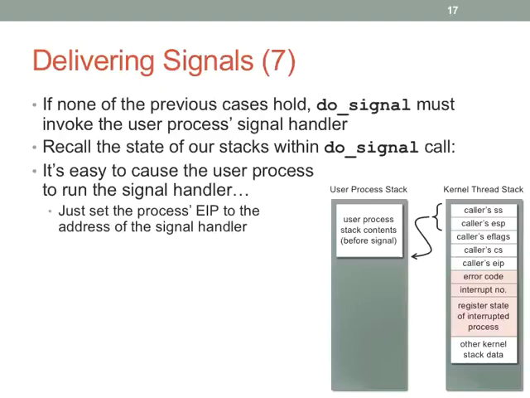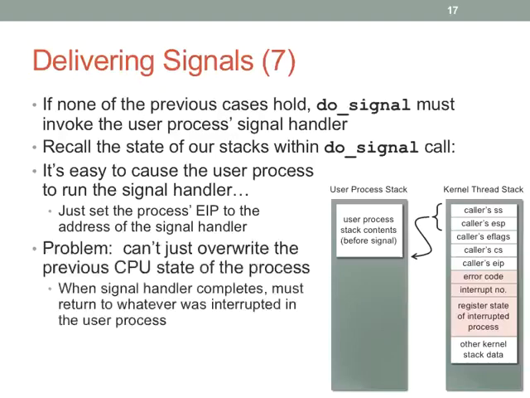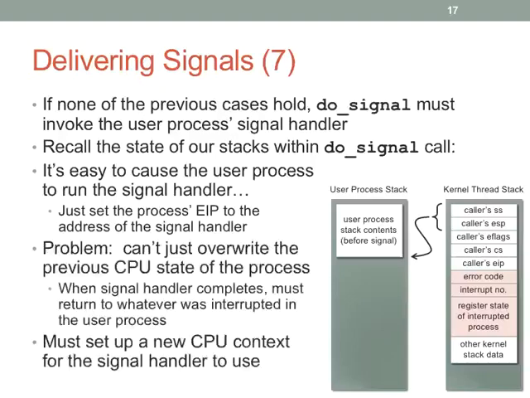Except that the problem is, when we do that, we need to make sure we still get back to the user process wherever it was when the signal went off. So we need to make sure that we don't actually lose that information. Okay, so this is what I'm talking about right here. So the challenge is we need to set up a second context for the signal handler to use, and then we can preserve our